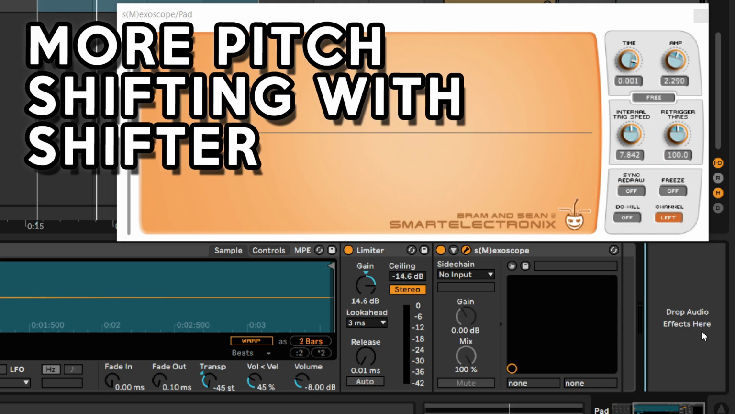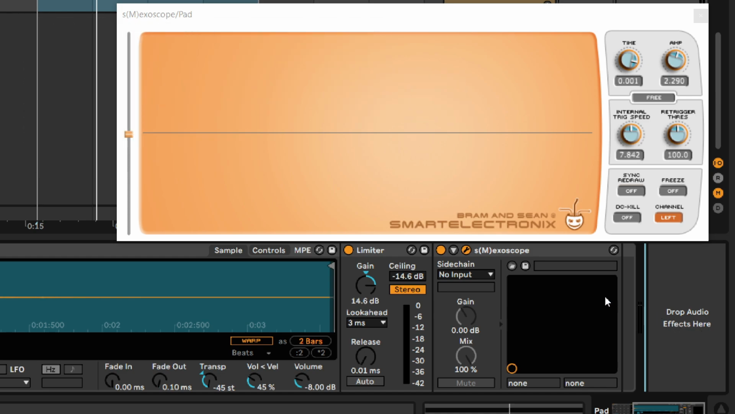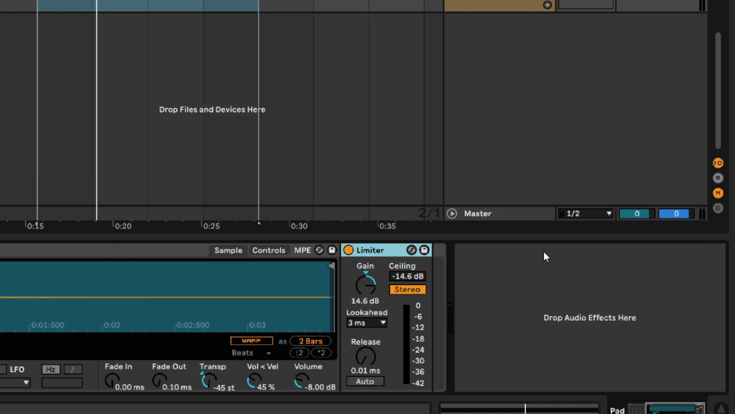I want to show you another pitch related technique I use very often to make a sound fuller. We want this pad sound to either take more space in the frequency spectrum or to sound more eerie and